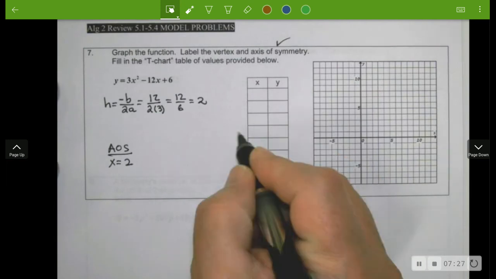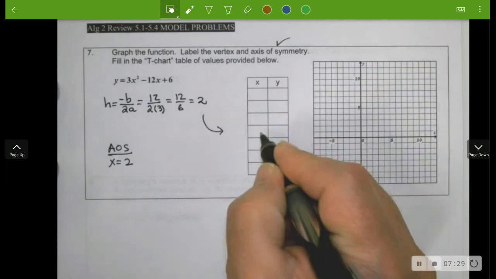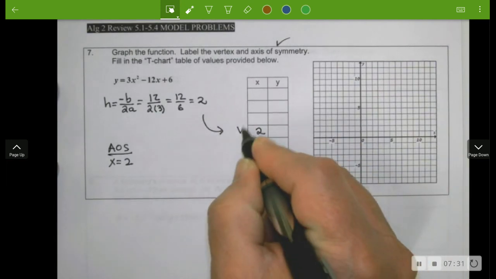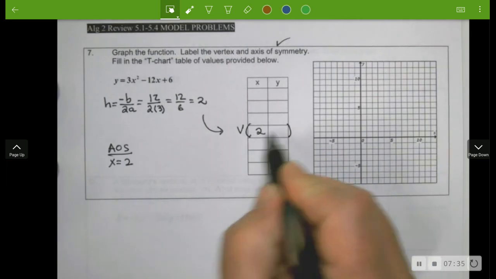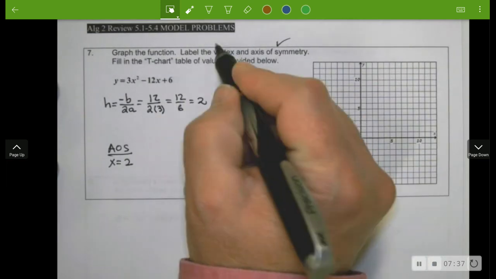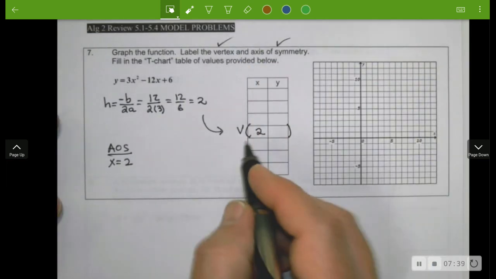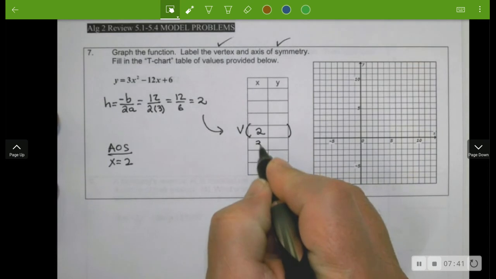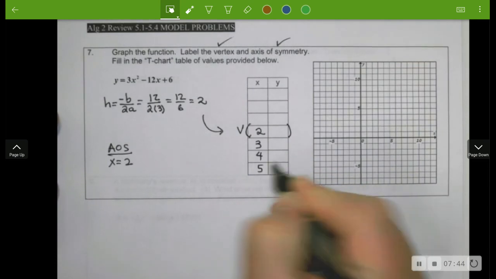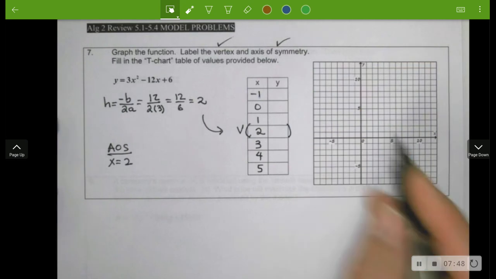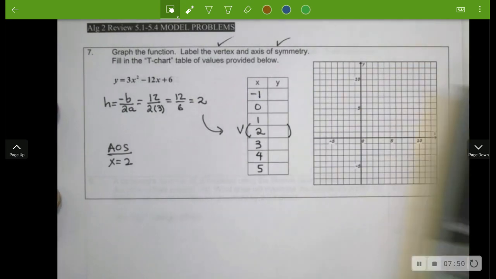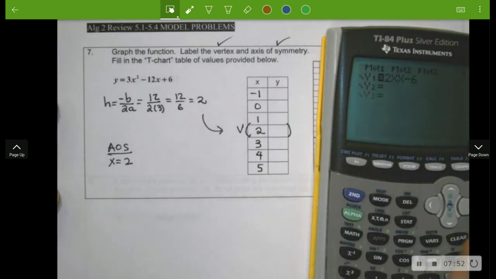Now, if you bring that h value over to the middle of your t-chart and put a v in front, eventually when you find the other side of this, you'll have labeled the vertex, and I'm going to go ahead and anticipate that we're done with that. Now, growing, you get to 3, 4, and 5 on the right of 2, and 1, 0, and -1 on the left of 2. Now what we do to find the rest of these is you go to the y equals key and type in your formula, your equation,